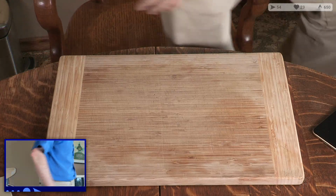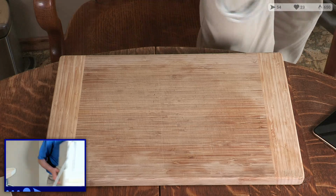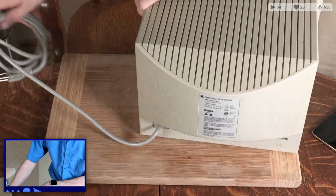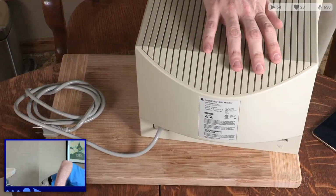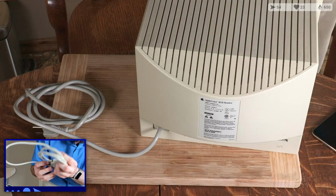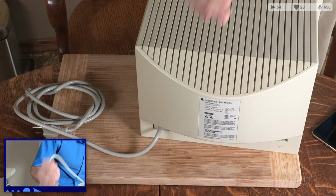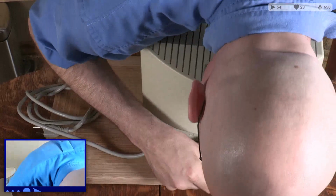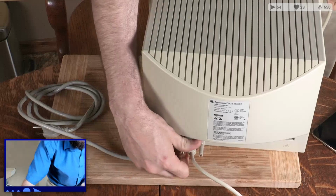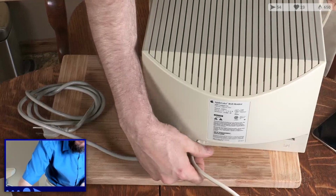Let's get the monitor. Oh, big chonker. I'd forgotten how heavy monitors were back in the day when I pulled this out. Oh, I gotta get that ancient Apple monitor connector too. There was a half second when I thought I should find a way to get this hooked up to HDMI, and then I remembered